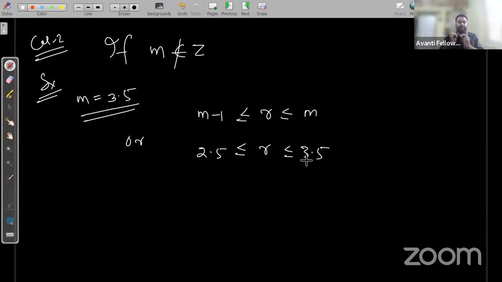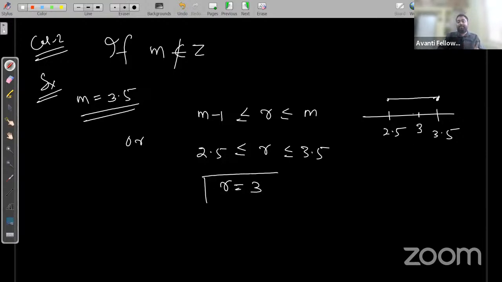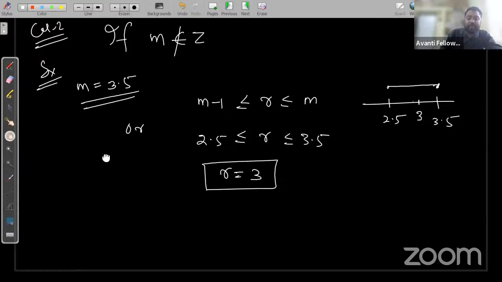So tell me, in between 2.5 and 3.5, what are the integers you are getting? Only one integer we are getting, that is 3, right? So r here, we are getting 3. So in case of a fraction, only one value of r we will get, then the numerically